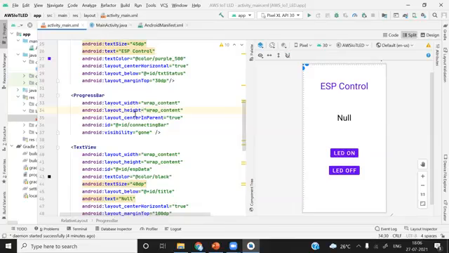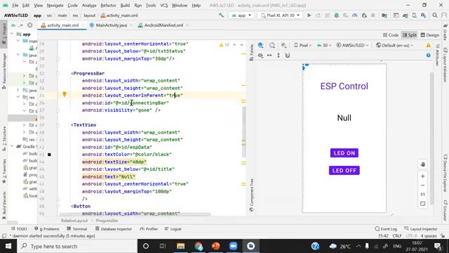In the layout, you can see layout parent true, so it is in the center. Its ID is connecting bar, and the visibility is currently gone, so it is invisible now.